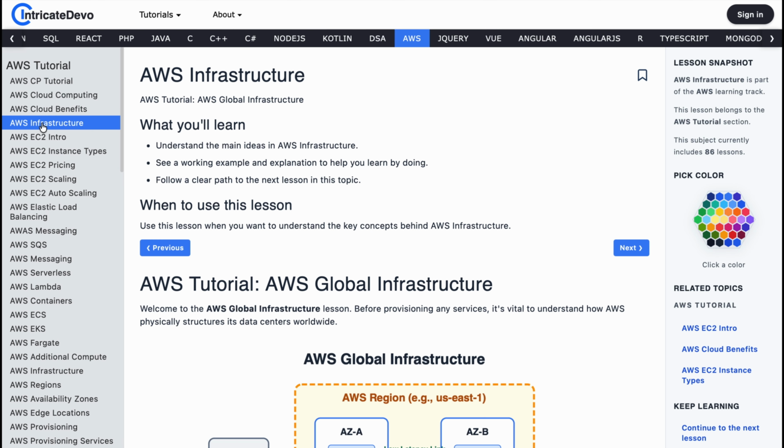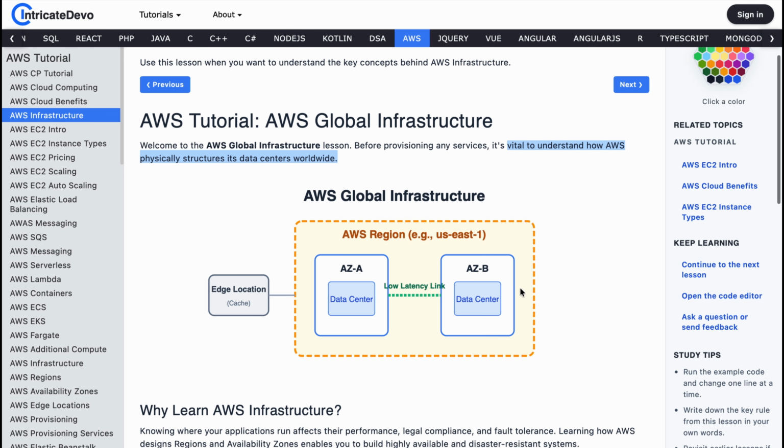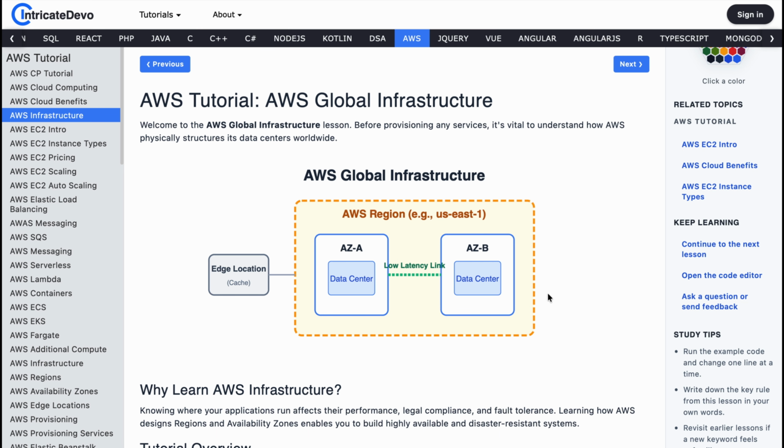But today, we're getting physical. We're pulling back the curtain on the AWS Global Infrastructure. Before you launch a single service, you need to know where that service actually lives in the real world. Why? Because the physical location of your data affects everything from how fast your app loads to whether you're following